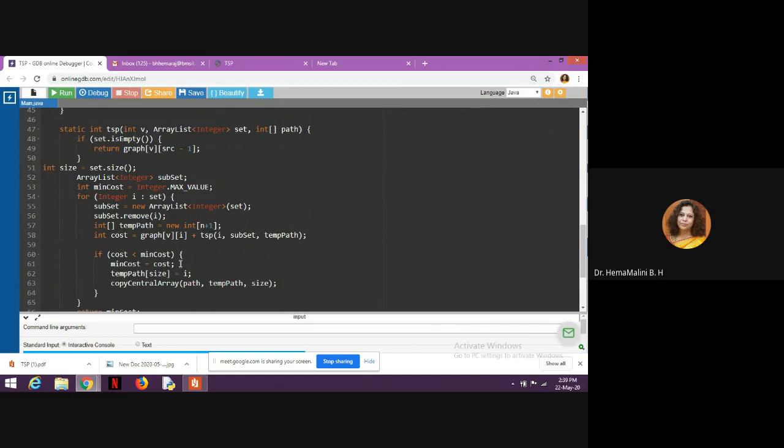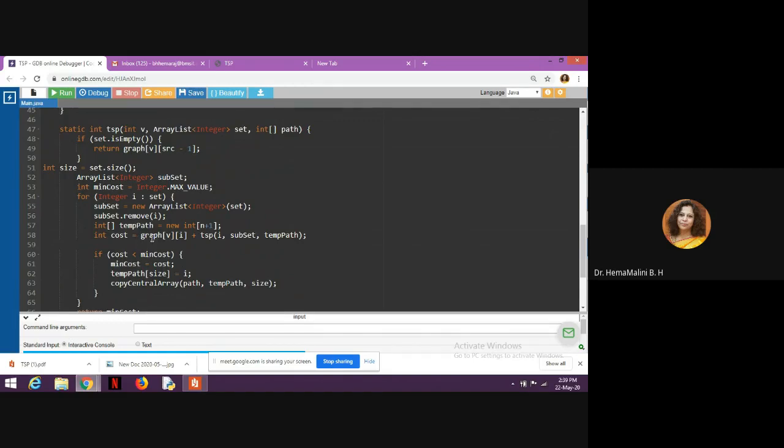That path will be filled by this function. Then here you define one subset function. Every time you consider a node in the state space tree, you visit a node and remove that node from the set. That is how it is happening.